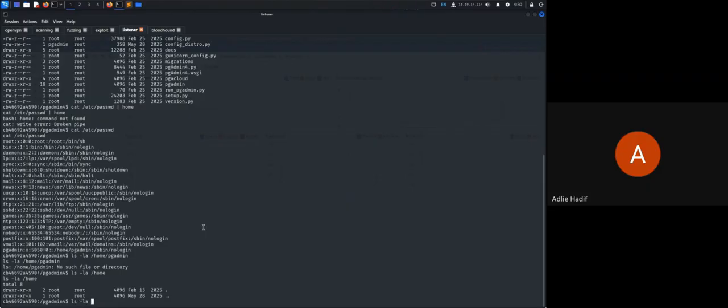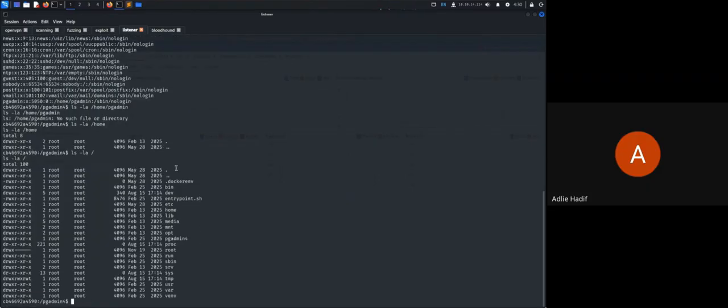On the root directory. Here we can see that there is a Docker env. So probably the shell is in the Docker, not the host. So maybe we need to escape the Docker first. We can try. Wait, before that, what do we need? Oh, you need to check the internal port such as the